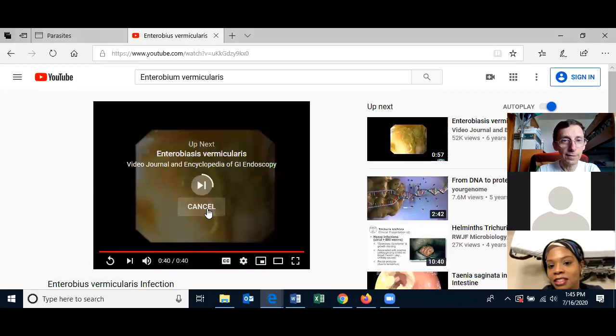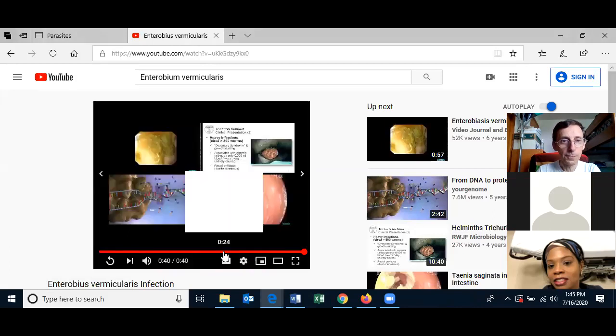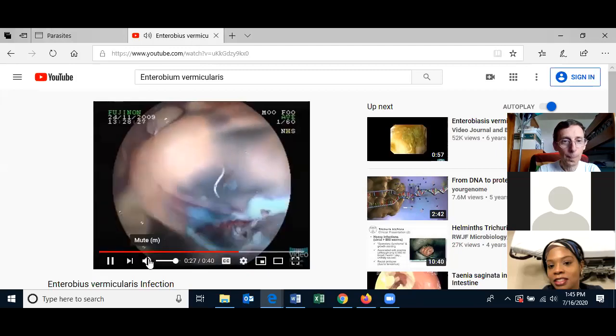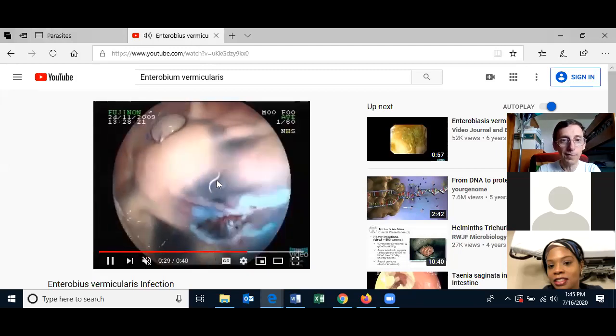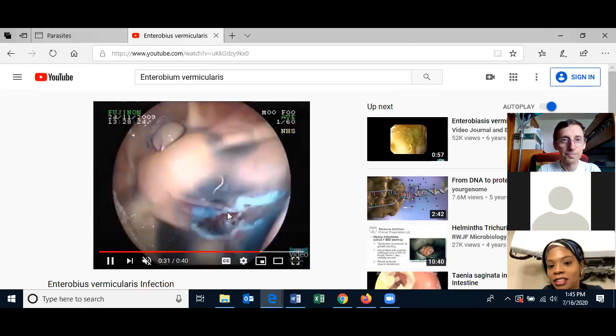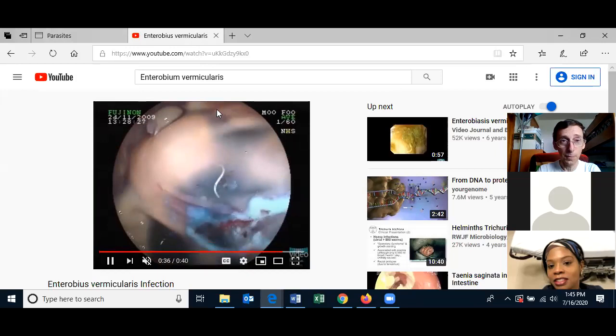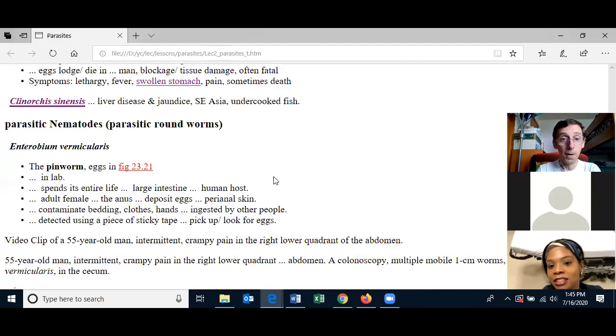Okay, any questions? You'll notice that the pinworm really moves around quite a bit. And that's why when it's moving, the female moving to lay her eggs, they're itchy. All right, any questions? Did the pinworm cause the color